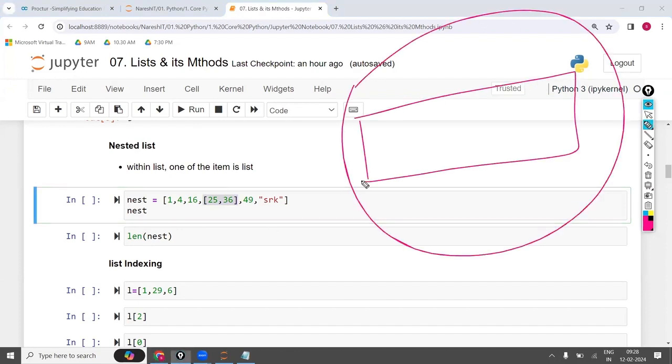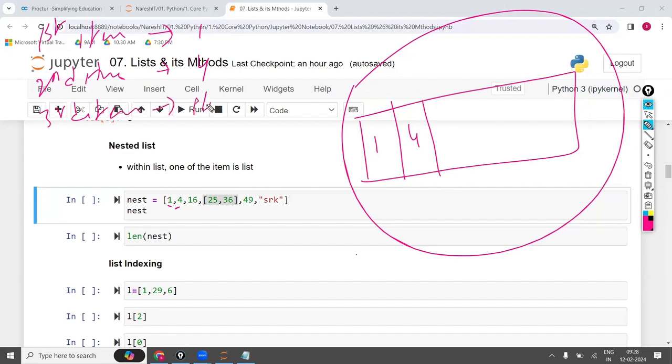Write in the notes: the first item is 1, and it will store 1 here. The second item is 4; each item is separated by a comma, and it is going to store the 4. The third item is 16, so it is going to store the 16 here.